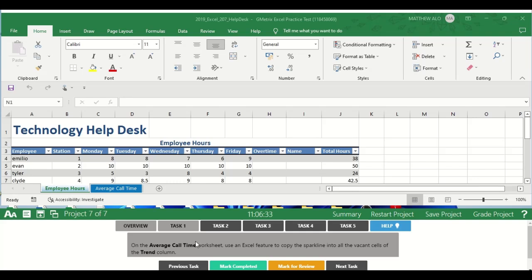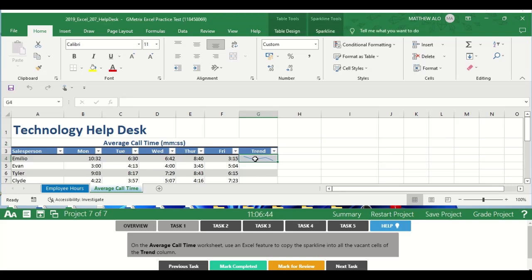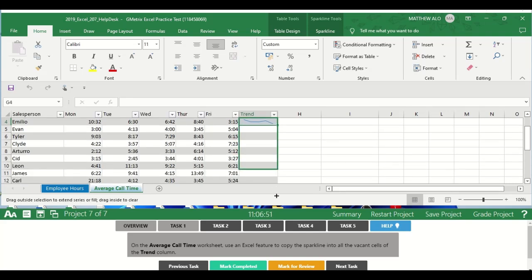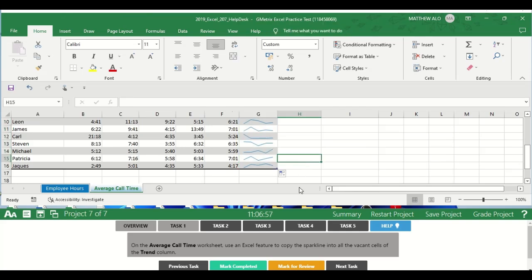Now to do this, you just select the average call time worksheet, then this is the spark line. So the feature to use is the fill handle here. You just drag it down to all the vacant cells. Okay, that is done. Now task 1, mark completed. And task 2,